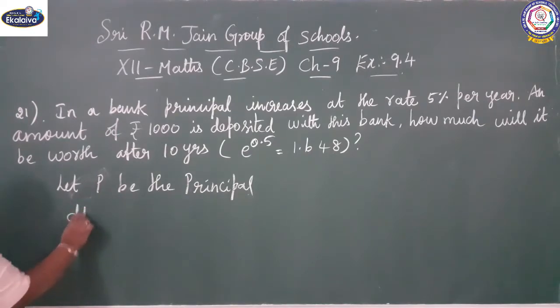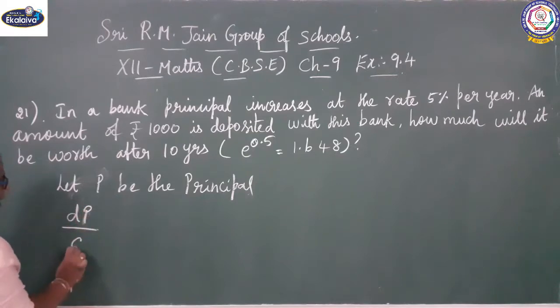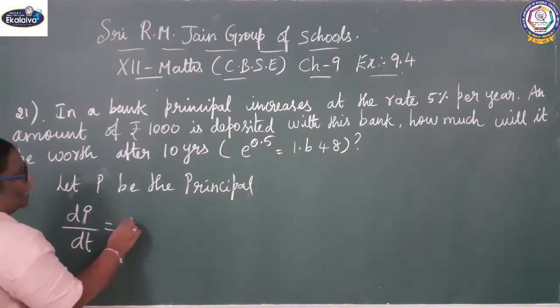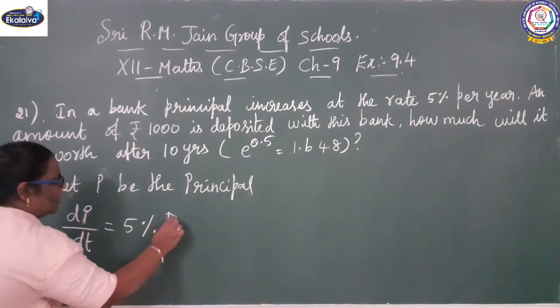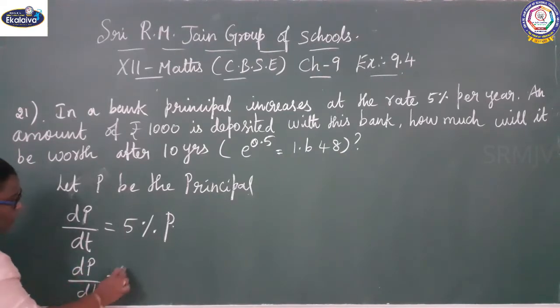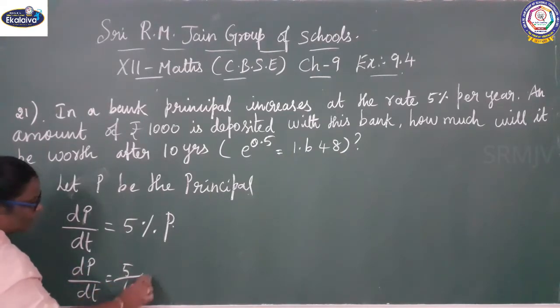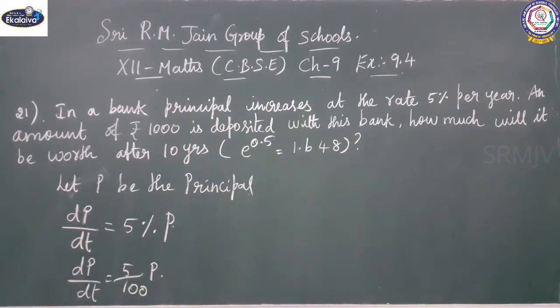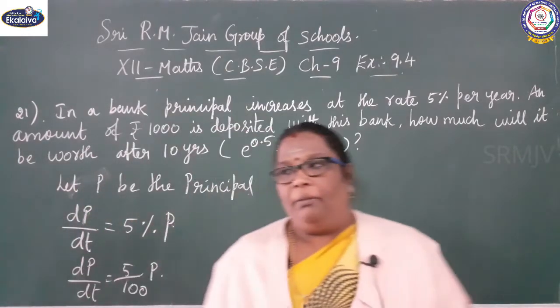Rate of change of principal with respect to time is equal to the rate of interest according to the amount. So dP/dt equals 5/100 into P. By the variable separable method,